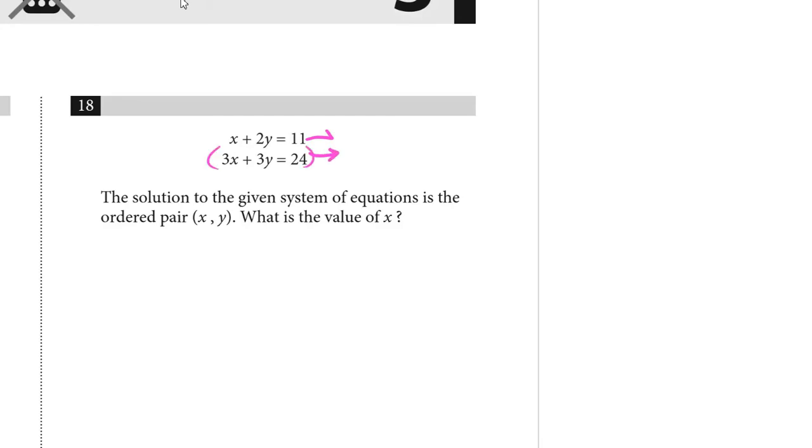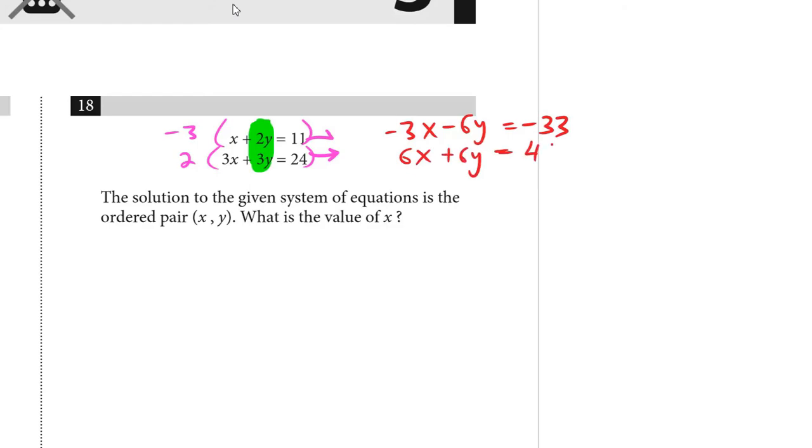So we're going to multiply by kind of opposite numbers, keeping that y in mind. If we multiply by -3 here and +2 here, it's going to give us -6y and +6y in the y column. So let's go ahead and do that. -3x minus 6y is -33, and +6x plus 6y is 48 when we distribute that 2 fully in there. Now we have what we want, which is the y is canceling out. If we add straight down,